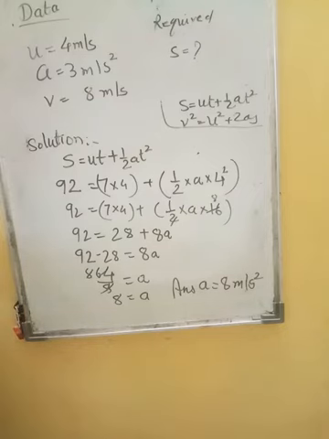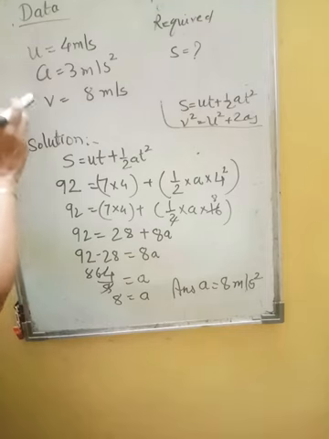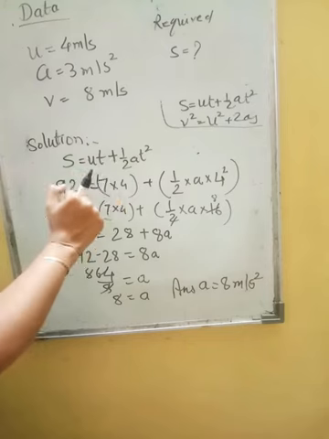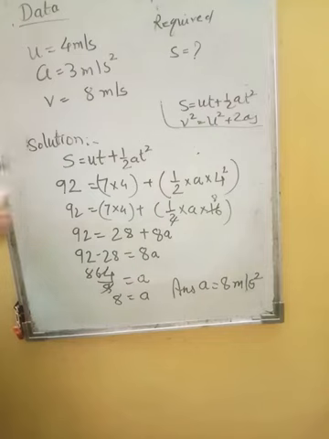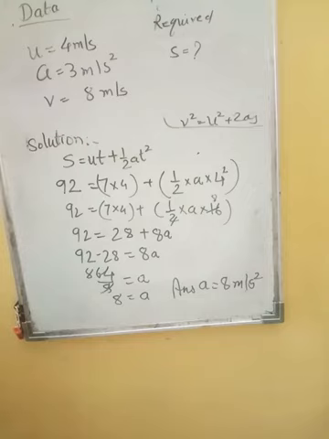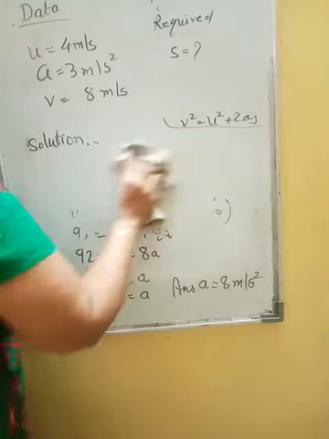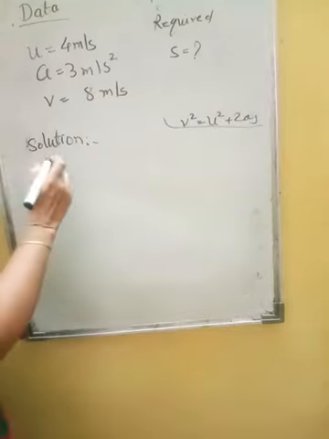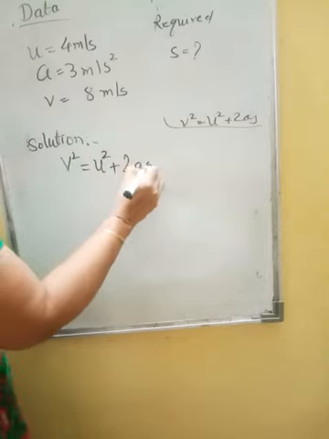So now let us decide which formula we can take. The two formulas with s are this and this. Now children, here you observe. You are given v, here v is not given, right? So even the t is not given to us. So we will cancel that out, we will fix that we should use this only. So let us use this equation. So you have v square is equal to u square plus 2as.